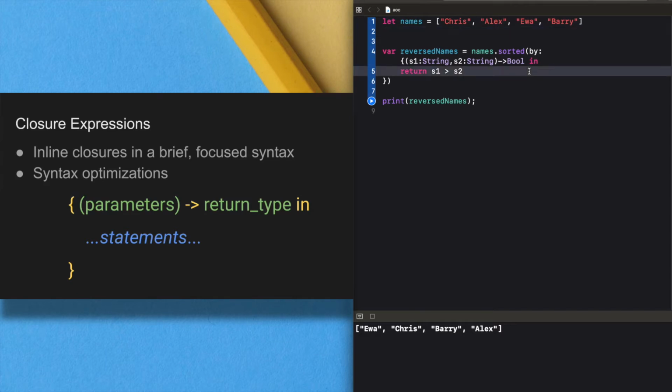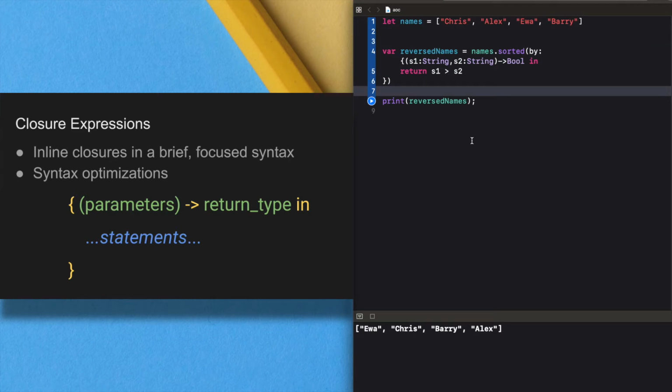Here the in keyword indicates that the body of the closure begins. So now the argument is an inline closure. We can also do some optimization in this code.